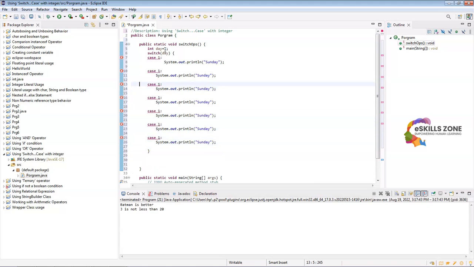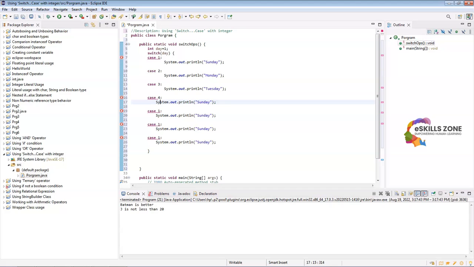And for the second case we will type case 2 and type the name of the day as Monday. And then the third case. Why are we receiving this red line error? Because the value we are using over here, case 1 and 1, are the same. If we drag our mouse to the cross, we can see duplicate case. Duplicate cases are not allowed in Java or in any other programming language, so we should take care of it. So the third case, case 3, the name of the day is Tuesday,